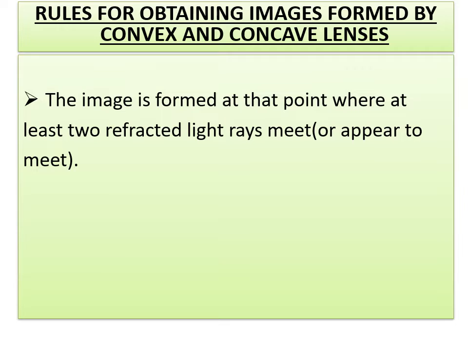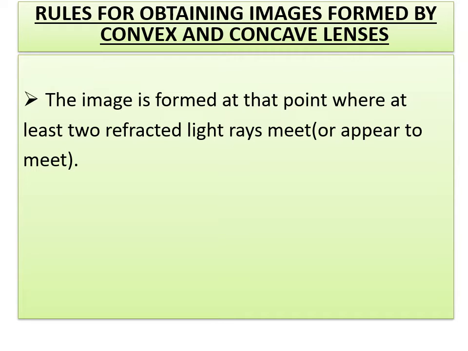We have to consider that. In the last part, I told you to assume the arrow indications for both concave and convex lenses. And one more point I told you is that if you see ray diagrams outside of your textbook, you find lenses only, respectively convex and concave lenses. One more thing, to find out the position and nature of an image formed by both the lenses, we have to use only two rays of light coming from the top of the object whose paths after refraction from the lens are known to us and easy to draw.